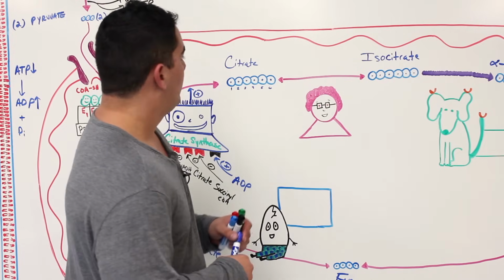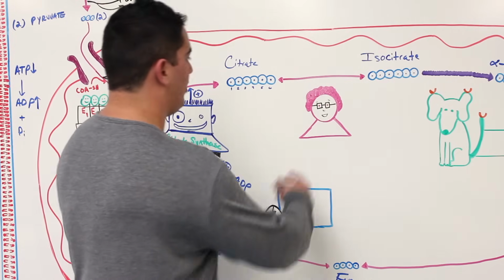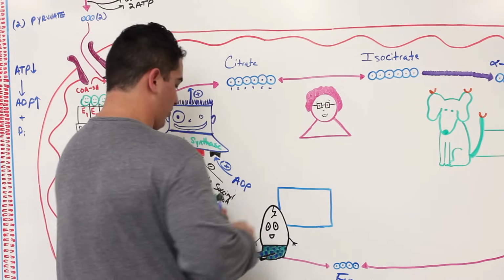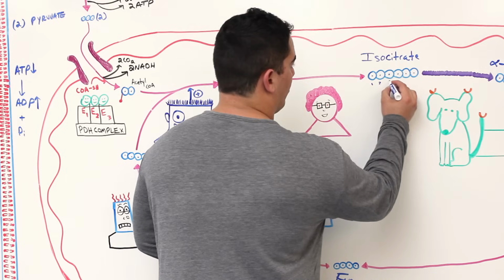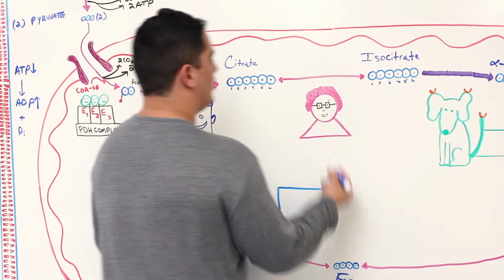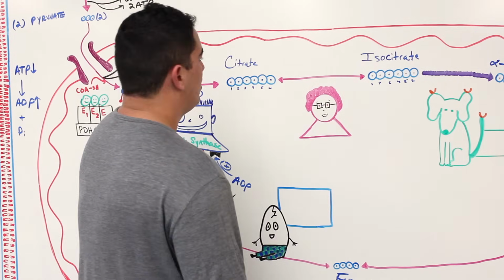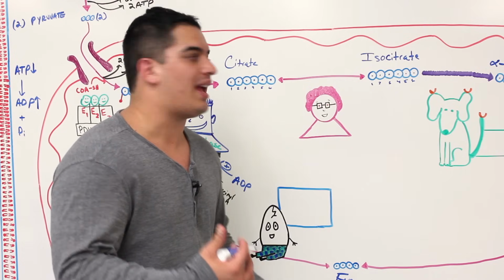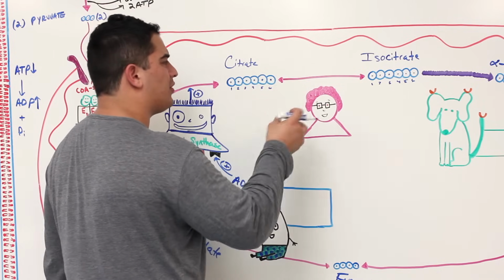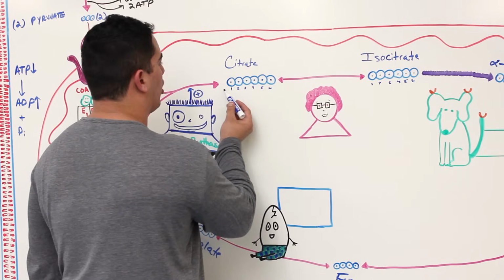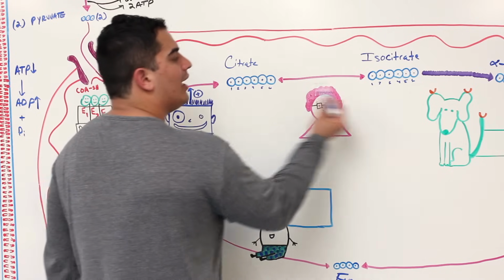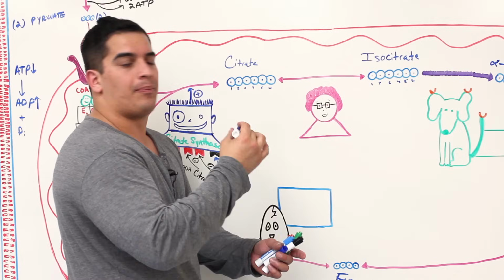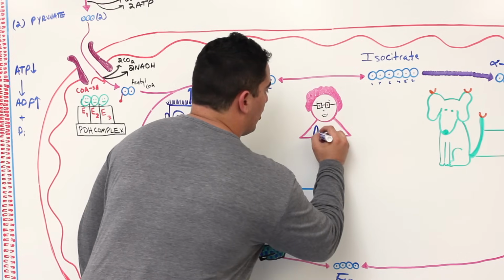Okay, so now we've got this Betty White enzyme. This Betty White enzyme with the perm going on is converting citrate, which is a 6-carbon molecule, into what? 1, 2, 3, 4, 5, 6. It's still 6 carbons. So what's really happening? It's just an isomerization reaction. In isomerization reactions, all you're doing is shuffling around the hydrogens and the carbons, but there should still be the same number of carbons, hydrogens, and oxygens in this guy as there is in this guy. So it's just shuffling things around. Not a crazy crucial step, but